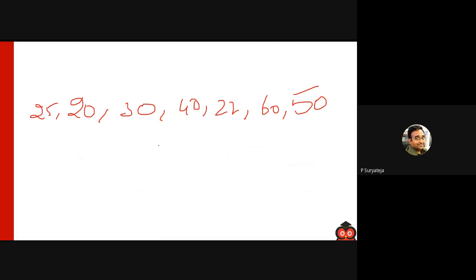If you have a set of values like this, what is the range of these values? Range is 20 to 60. How did I get this? Pick the minimum value in the set of numbers and maximum value in the set of numbers. That thing is called range.